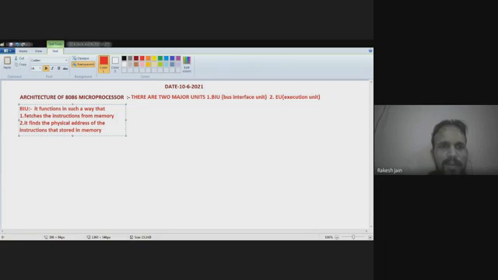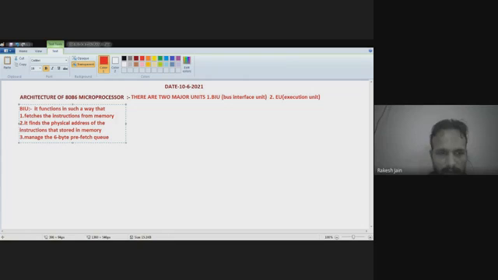And it manages the 6-byte prefetch queue where the pipeline instructions are stored. Pipelining is possible in the 8086 microprocessor, which was not possible in the 8085 microprocessor. For those pipeline instructions, the 6-byte prefetch queue is prepared by the bus interface unit. So these are the main functions of the bus interface unit.